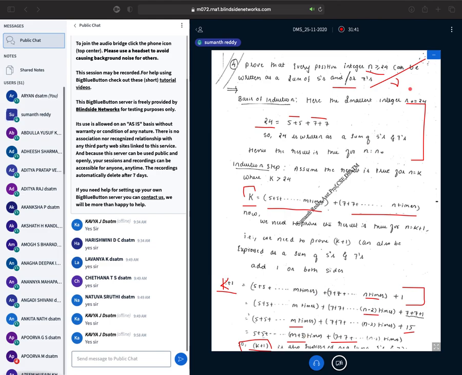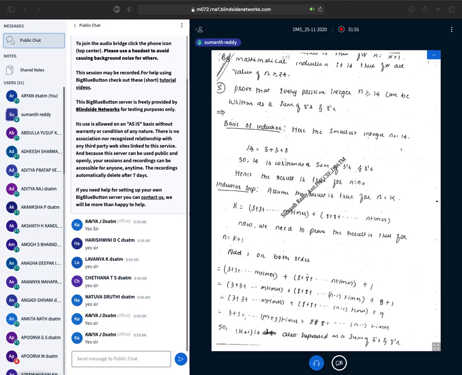Therefore, the given statement is valid as per the principle of mathematical induction. Understood, right? It's a very simple problem, and it is one of the most repeated problems in the exam. Sometimes he will give n greater than or equal to 24, and sometimes he will give one more problem. Let me just check.